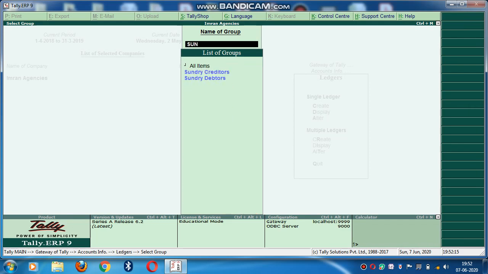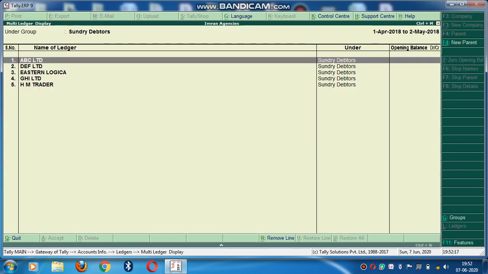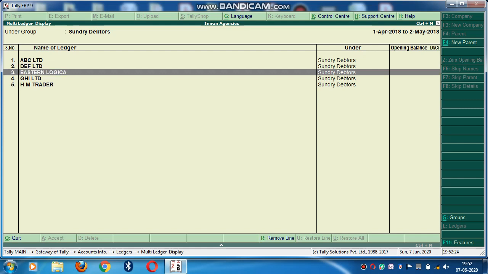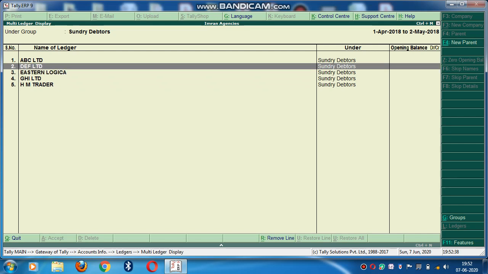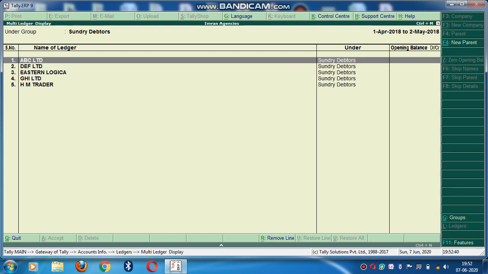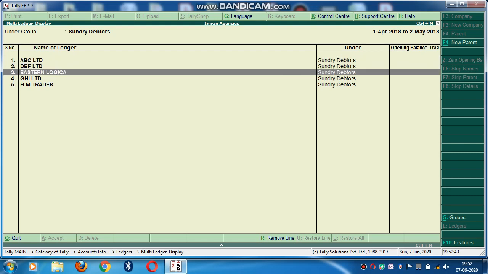You can now go to Display and see Sundry Debtors. See, one is ABC Limited, I have made. DEF I have made. Eastern Logica was made previously, which I showed you how to create in single ledger mode. GHI I have made, all 3 at one time. So GHI, DEF and ABC I have made in one shot.